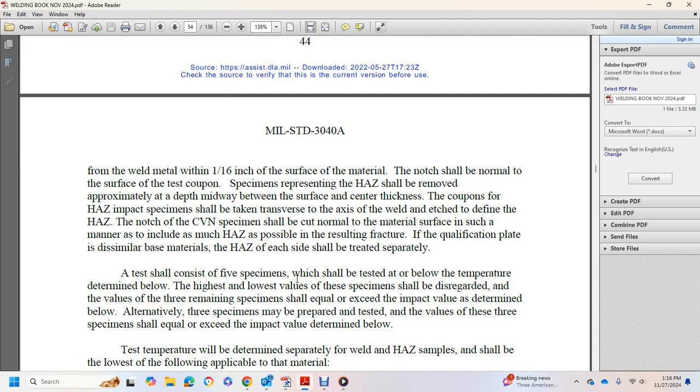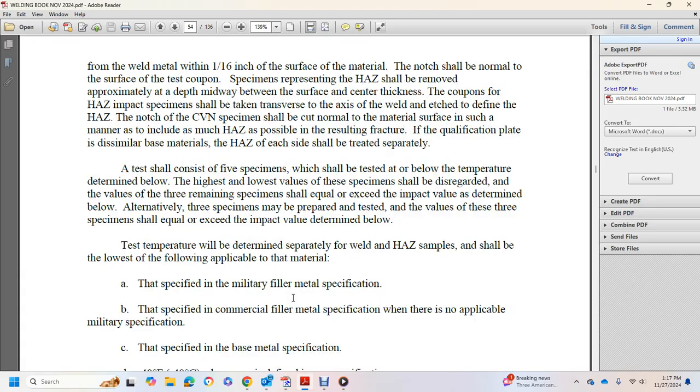with a set consisting of the specimens that should be tested at the lowest temperature of the determined grade. With the highest and lowest values of the specimens disregarded, the values of the 3 remaining specimens shall equal or exceed the impact value determined below. Alternatively, 3 specimens prepared for the test, with the values of the 3 specimens equal to or exceeding the maximum value determined below. With the test temperature determined separately, the heat affected zone sample shall be the lowest